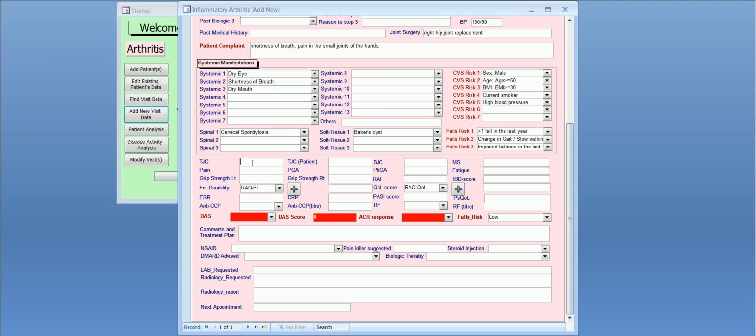Tender joint count, patient self-reported tender joint count, swollen joint count, duration of morning stiffness, pain score, patient's global assessment, physician's global assessment, fatigue score, their grip strength on the left and on the right, rheumatology attitude index,